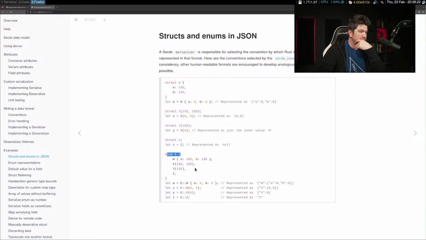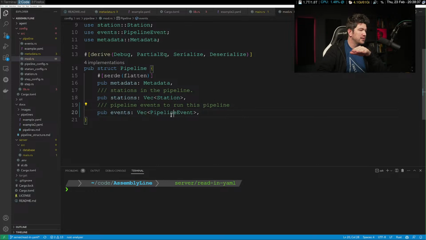So here we have enum e. This looks like what we want. This is what I was thinking would happen. It would be W. We would have on. So this is a pipeline event.